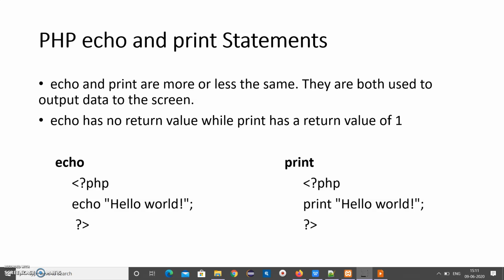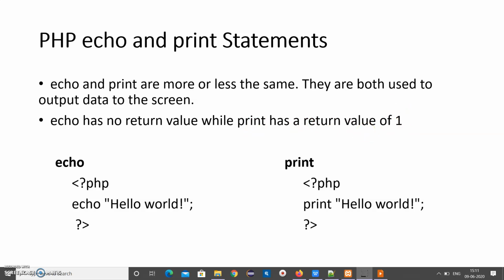Now coming to the first thing we learn in any programming or scripting language: how to print it. Here also we have two options, either echo or print. Both are more or less the same. The only difference is that echo does not return any value, but print returns the value 1, so print can be used in expressions.